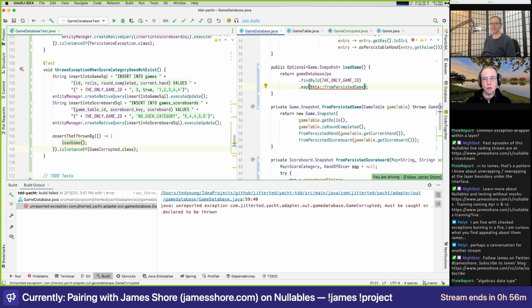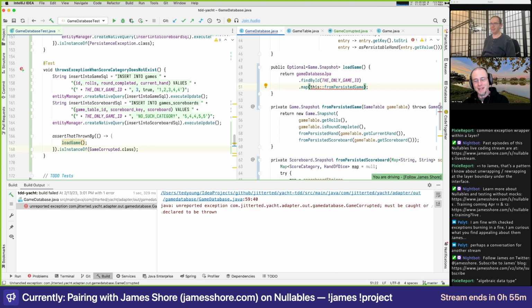Okay, so I think our two options then are: let the runtime exception flow through the stream stuff, and then catch it here because this is at the public interface, and then rethrow the checked exception here. That's probably the more straightforward way. The other way is replace optional with a result or some algebraic data type, where it's either the snapshot, empty, or error.